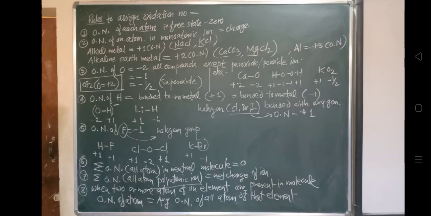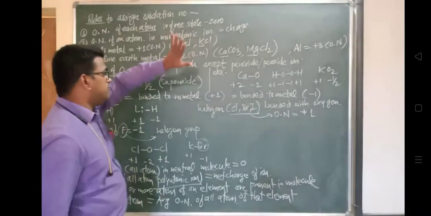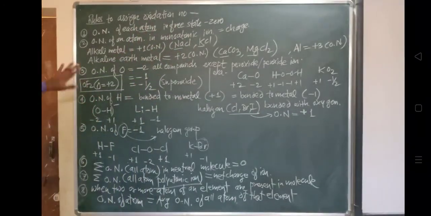So now by applying rules 1 to 5, it is possible to determine oxidation numbers of atoms of various elements in molecular ions. For doing this, rules 6, 7, 8 are useful. So these are all 8 rules I have listed here, and these 8 rules will be used to find out oxidation number. One by one we will try to revise this, because these are very important.